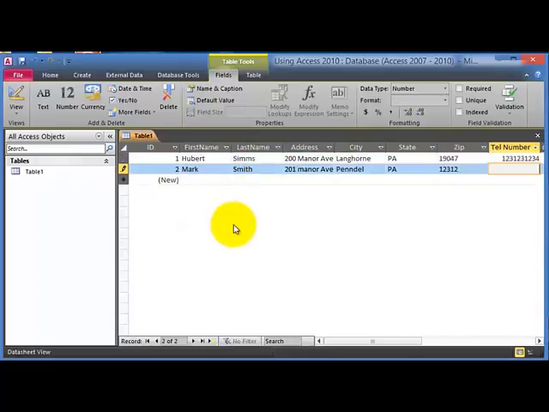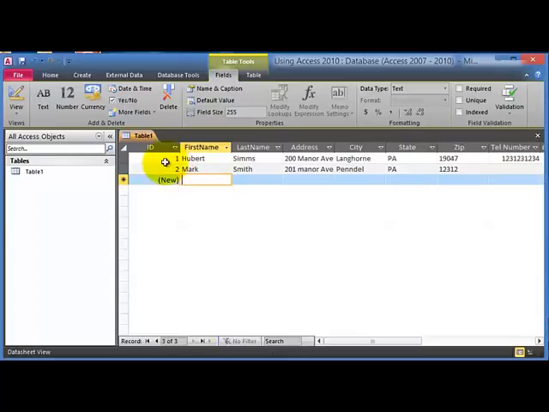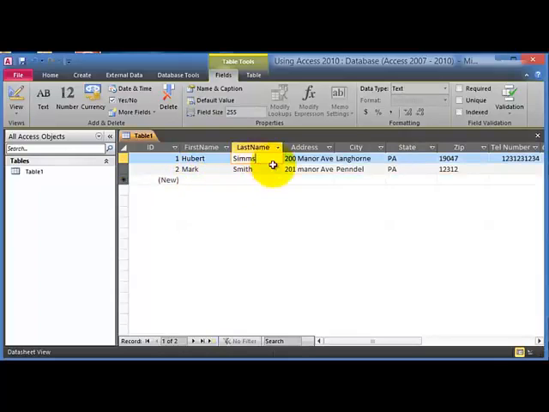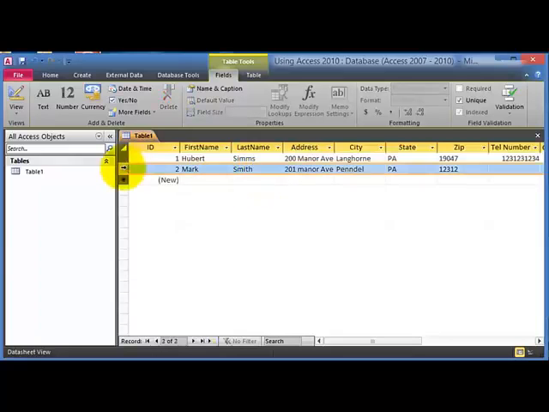A couple other things to keep in mind with tables is that you have the different columns and the different rows, very similar to Microsoft Excel that we are used to using. Each one of those is referred to as a cell, very similar to Microsoft Excel as well. These are the different records. So this is record number 1, and that includes all these pieces of data about this customer,